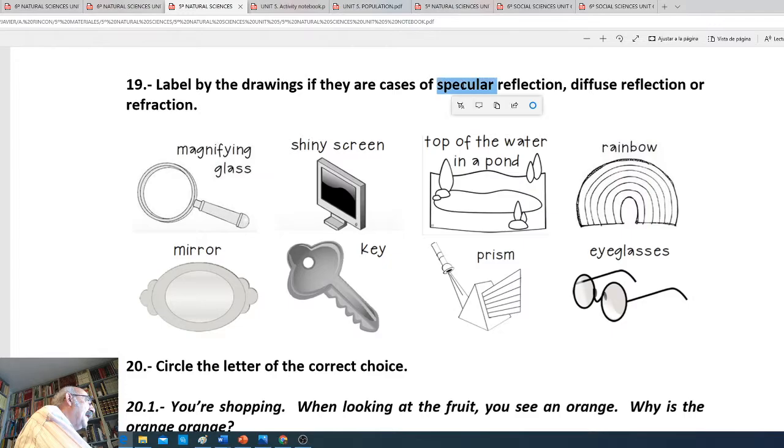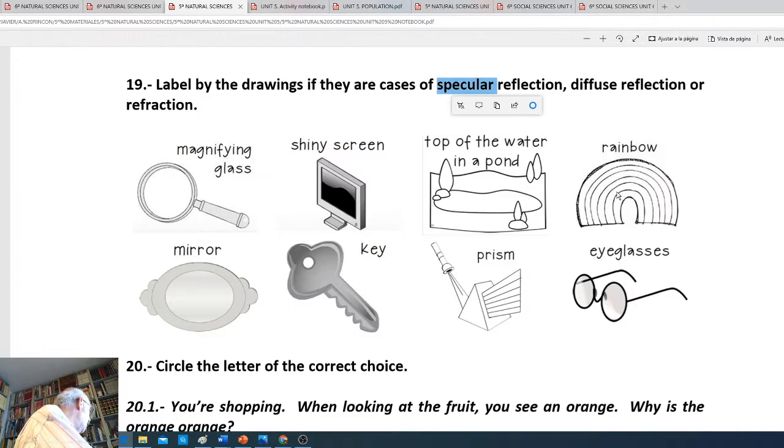This word, specular, comes from Latin. Specular means mirror, espejo. Okay, so a mirror, a shiny screen, and the top of the water in a pond are examples of specular reflection. And a rainbow is another example of